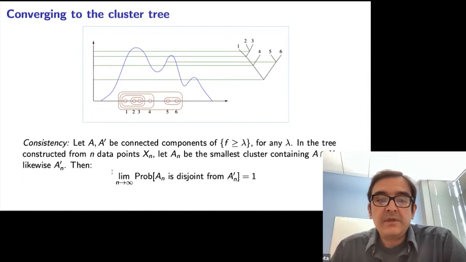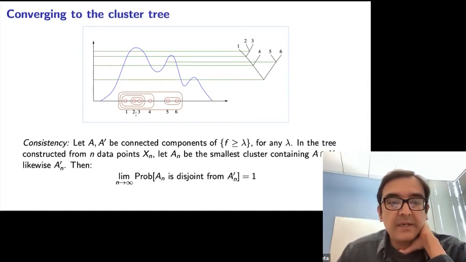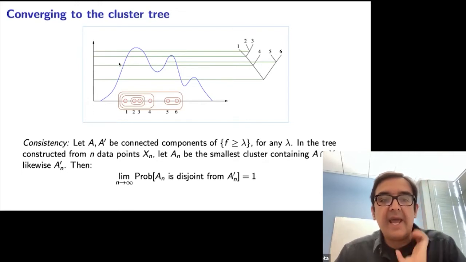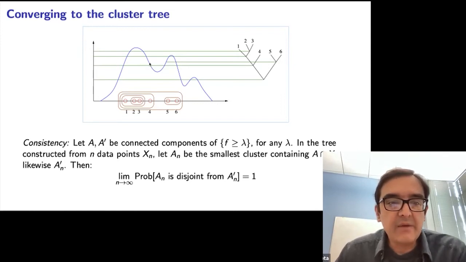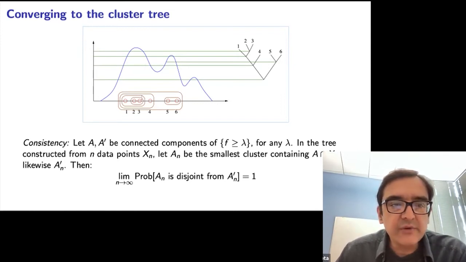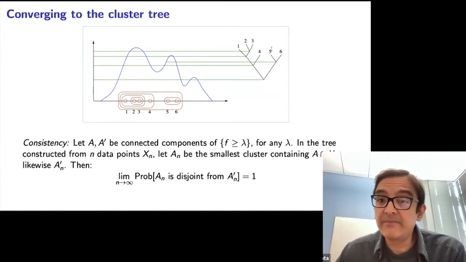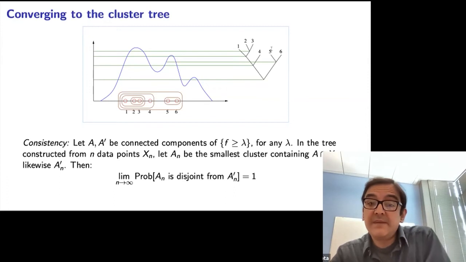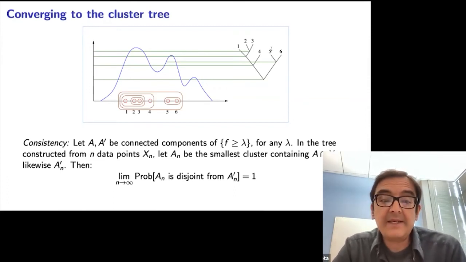Okay. So if we look at this example up here, let's pick a level set, like this one over here, the fourth line from the top. We have this cluster on the left that could be our A. What are the points that fall in A? Well, the points that fall in A are just 1, 2, and 3, and they are in some subtree. And the points that fall in A prime on the right are 5 and 6, and they're in another subtree. So certainly this picture seems to satisfy this property, and we don't need it to hold for a small data set. We just need it to hold in the limit.